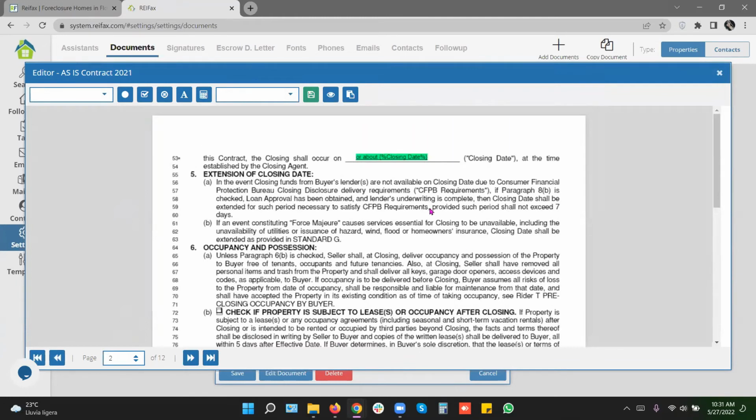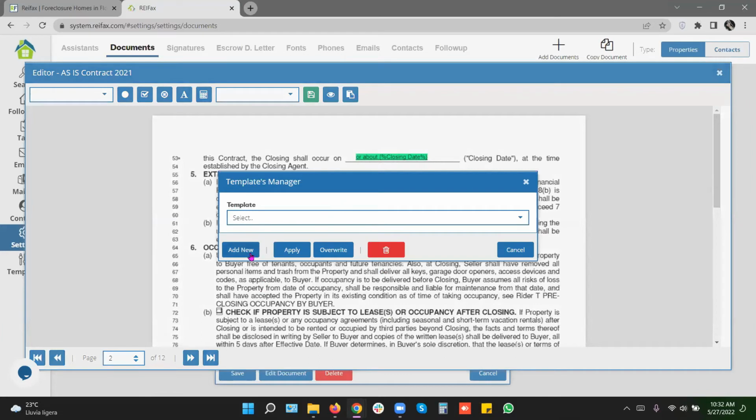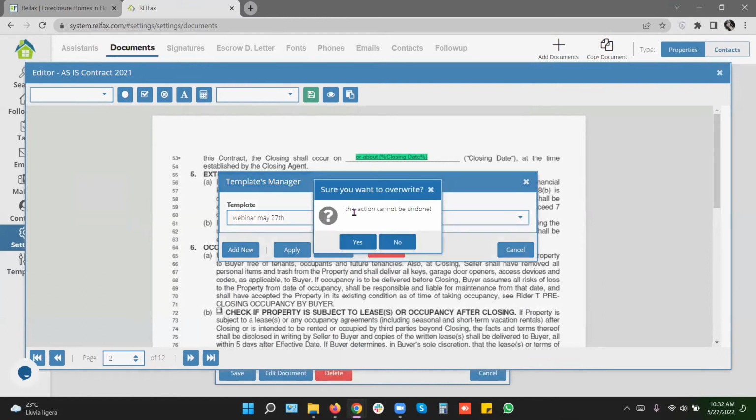Any questions, guys, about how you can create your templates, add the variables, save your new templates, and apply them? And if you need to overwrite something that you have created, like I'm going to overwrite this template that I already have loaded, the one that I created today. So overwrite. Remember that the actions you do here cannot be undone, so be sure,